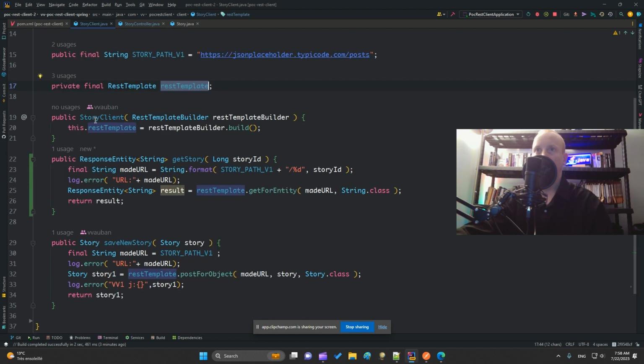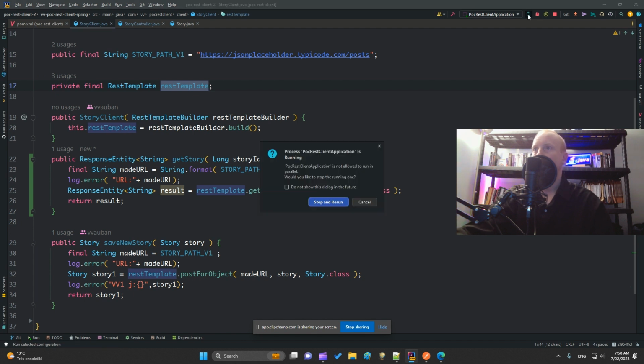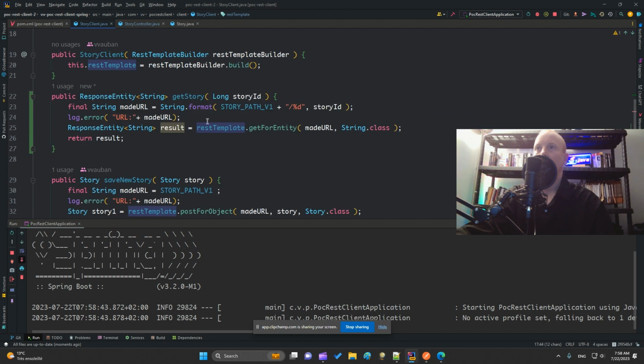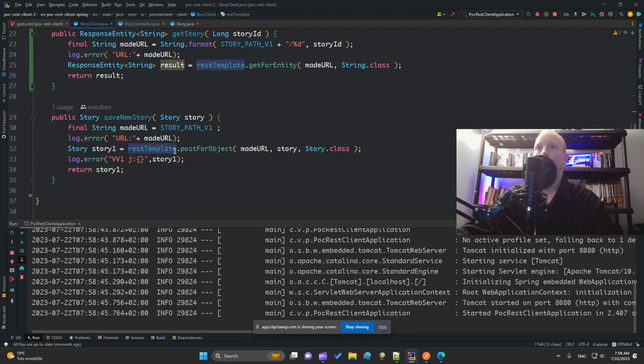Okay. So let's test it. We will run this application. So you see here for the get, we have a REST template.getForEntity, and for the post, we have a REST template.postForObject. Okay, so here we go.